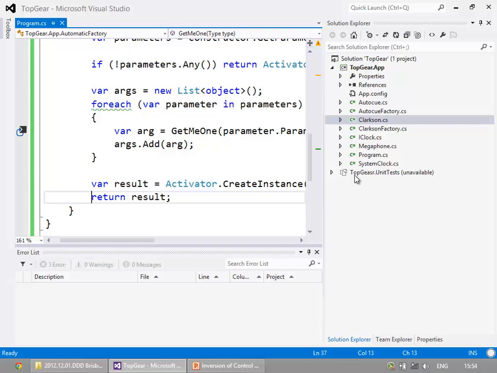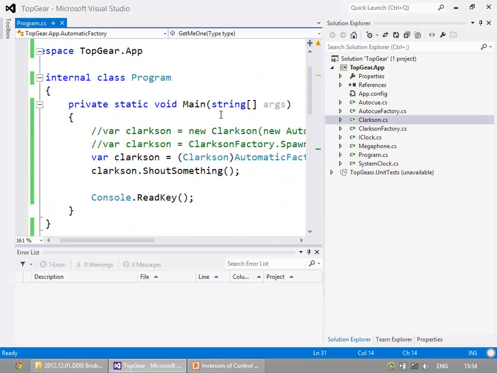Right? What if Clarkson now decides, I'm getting on a bit, can't see that autocue, right? BBC's too cheap to buy a bigger one, get me some glasses. Right? Notice he doesn't go to the store to buy some glasses, that's ridiculous. He shouts and someone brings them to him.